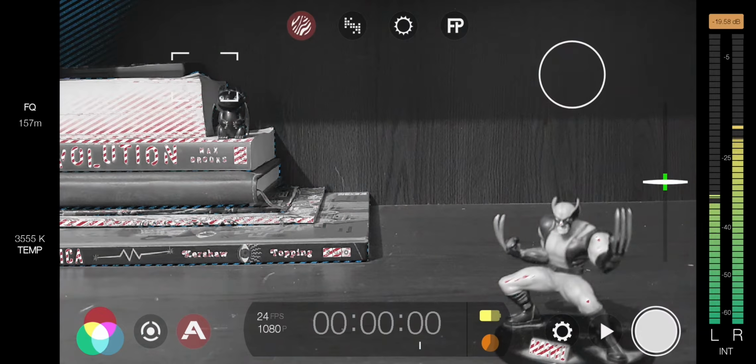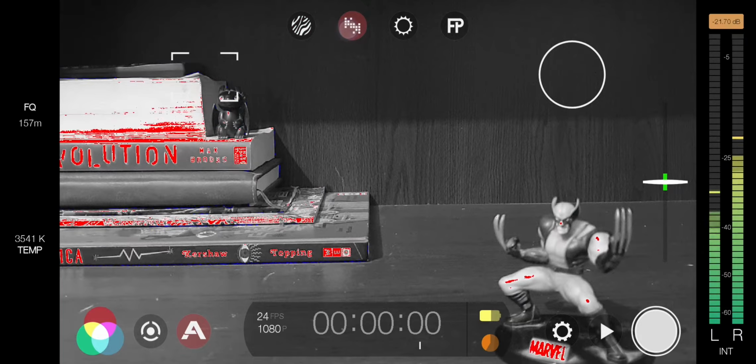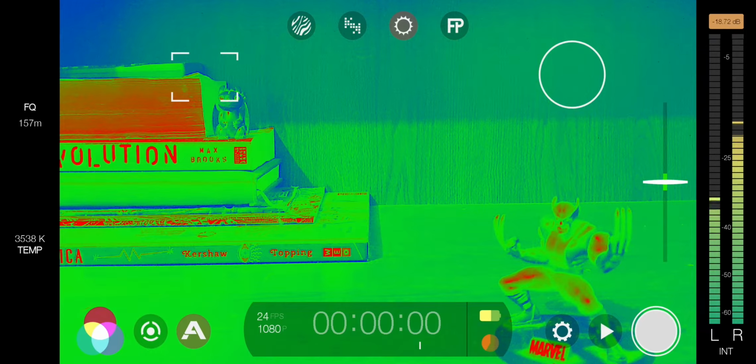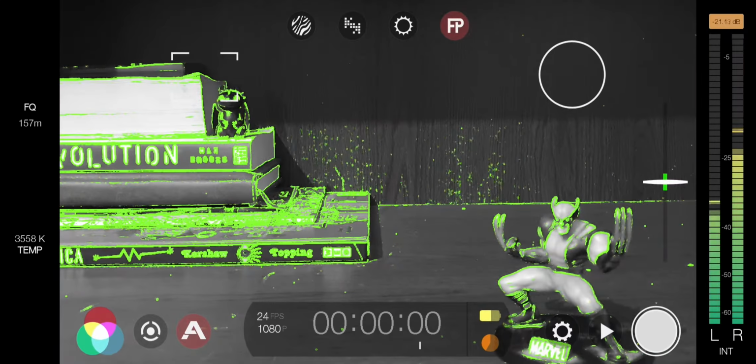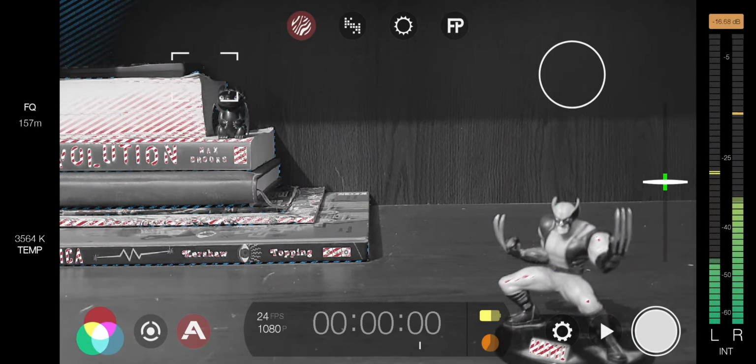The first one is called zebra overlay, the second is clipping overlay, the third is false color overlay, and the last one is focus peaking. So using this, you can correct the exposure and focus of your video.